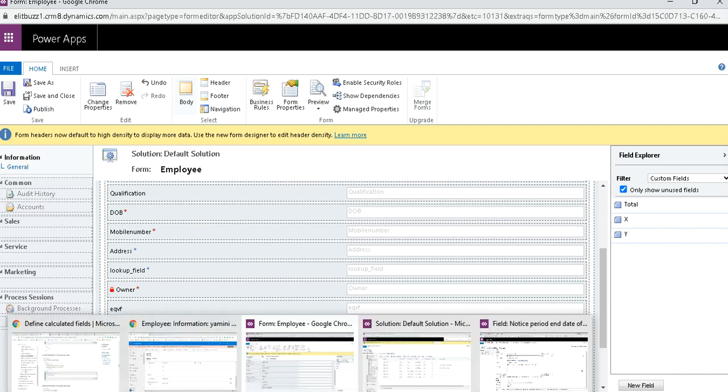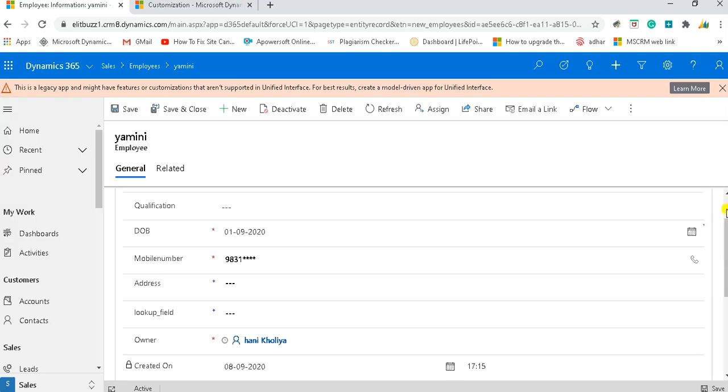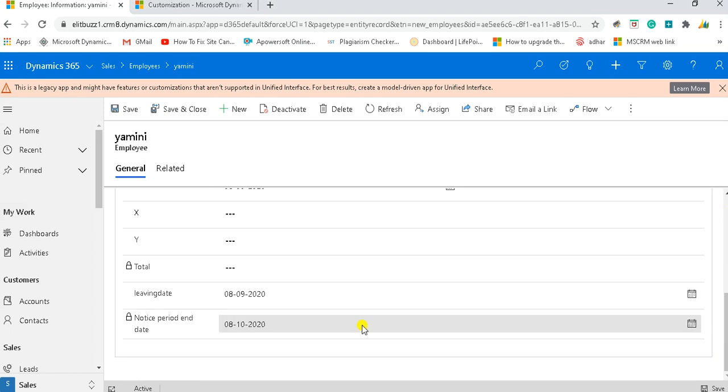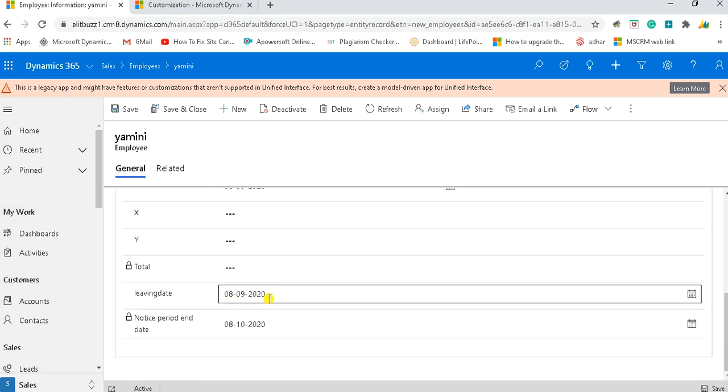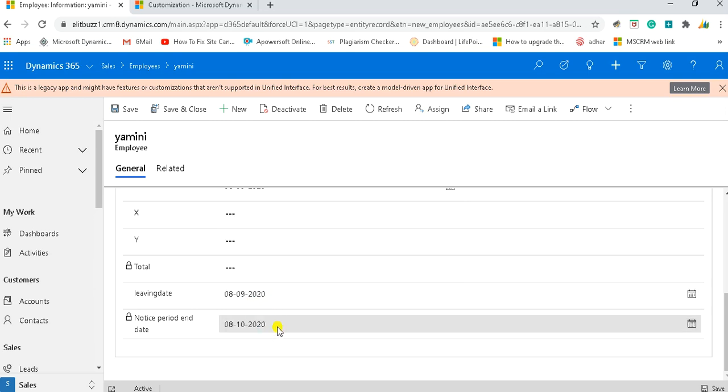So once it is saved and published, as you can see, I have created one record in the name of Yamini. In this, I have mentioned leaving date as 8/9/2020, which is clickable, and this is read only. That is why I can't make changes to it.